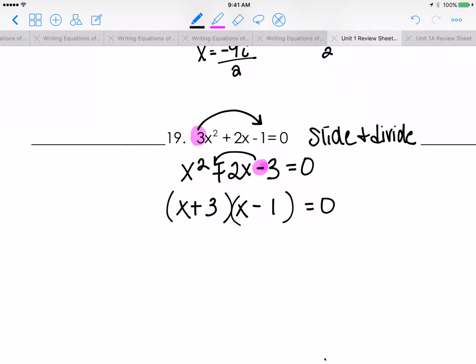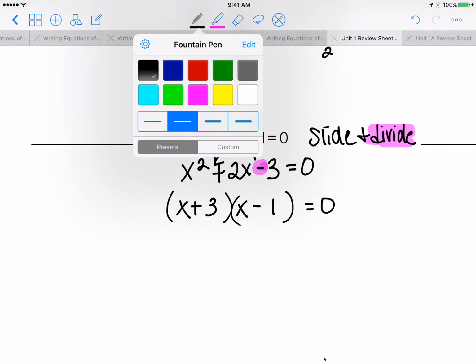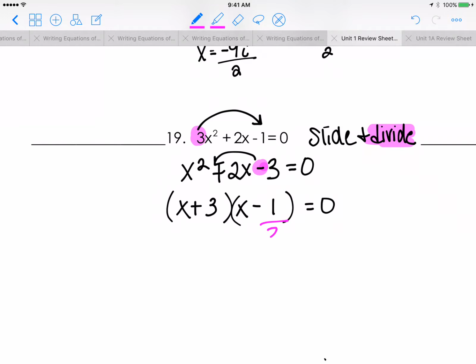Now, the biggest mistake kids will make is they'll stop right here, and then they'll set them equal to 0. But the other part of this is the divide part. So you can't forget to divide. So we have to divide out our A. Well, to divide out our A, you would divide each of these by 3. So then you get x